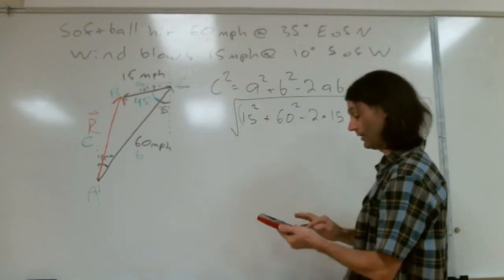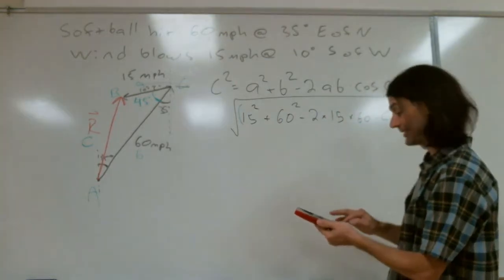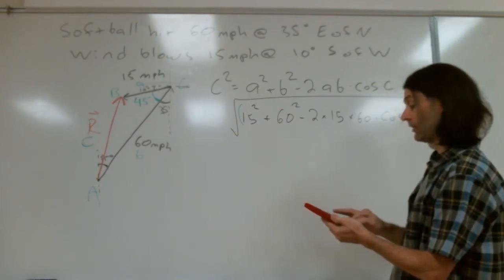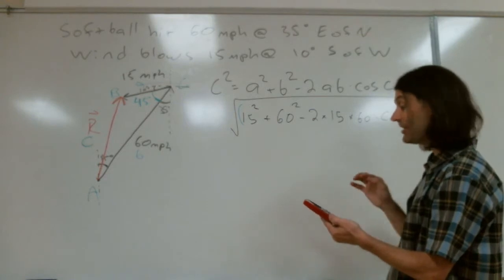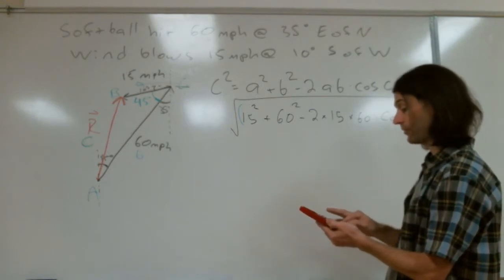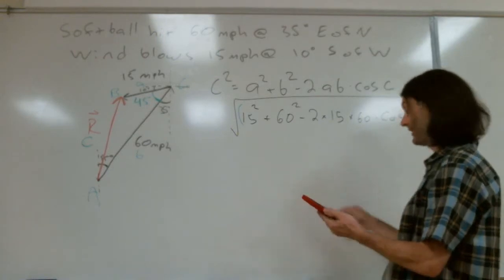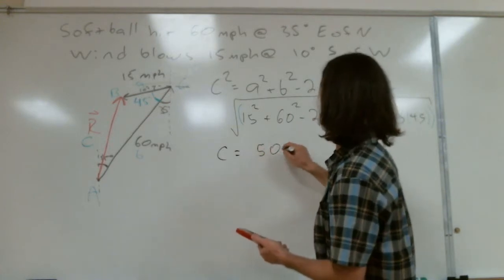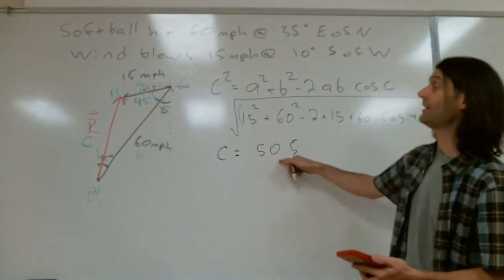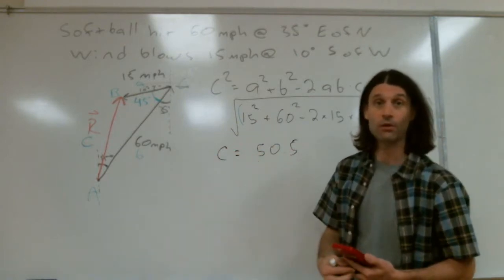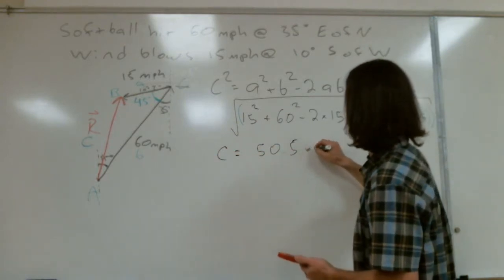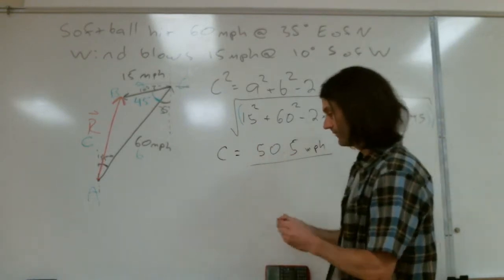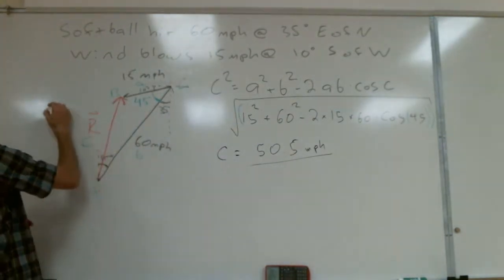So I'll push the second square root. 15 squared plus 60 squared minus 2 times 15 times 60 times the cos 45, close the parentheses, and I'm getting C to be 50.5, which is outstanding because if you remember, that's what our answer was when we did the component method earlier. So 50.5 miles per hour. That is what R is. So now I can label that. This side is 50.5